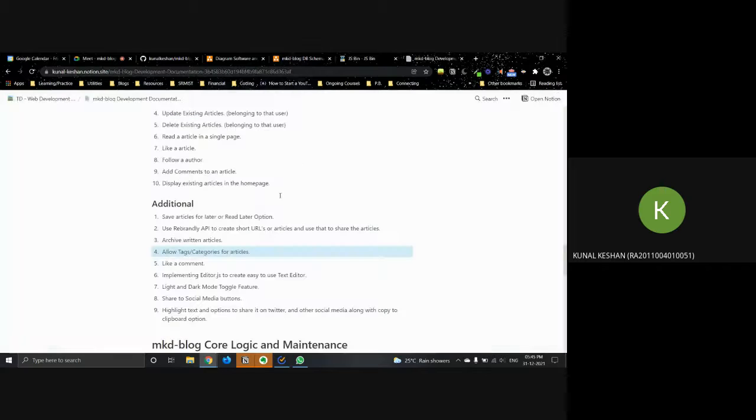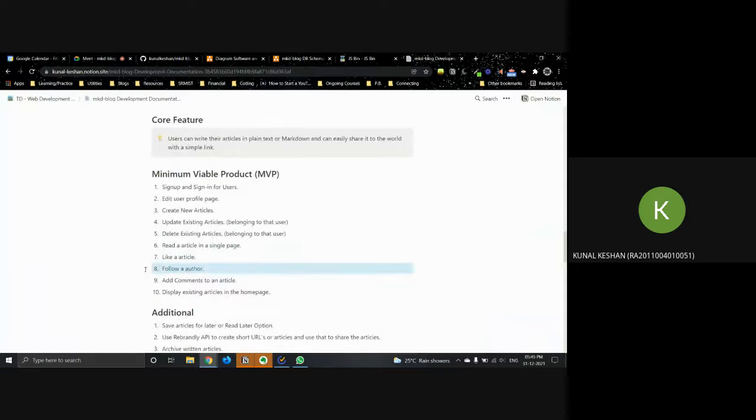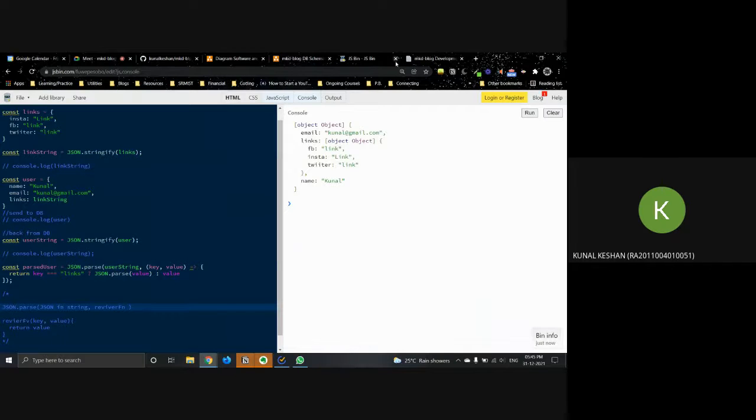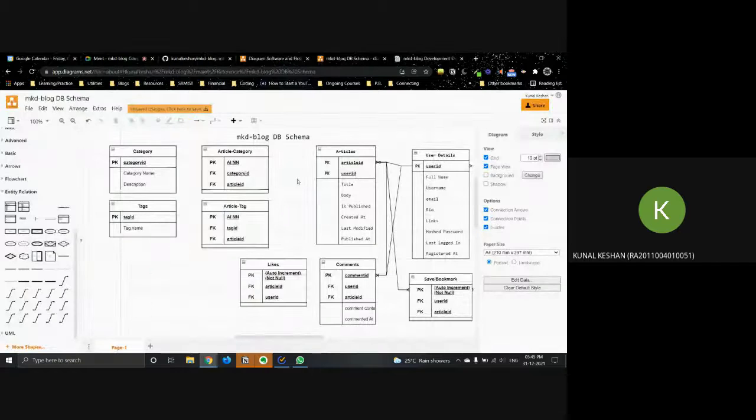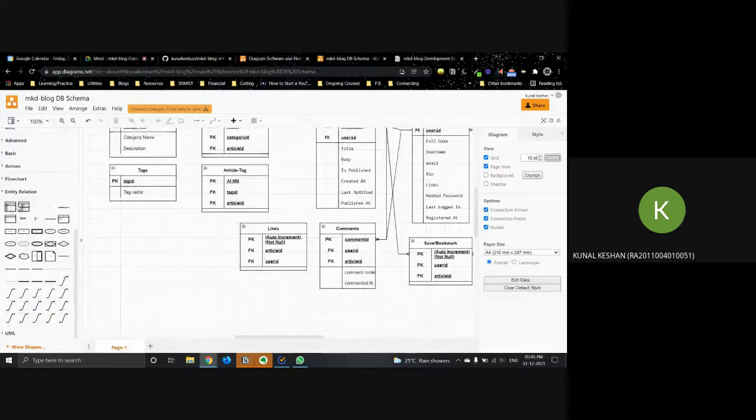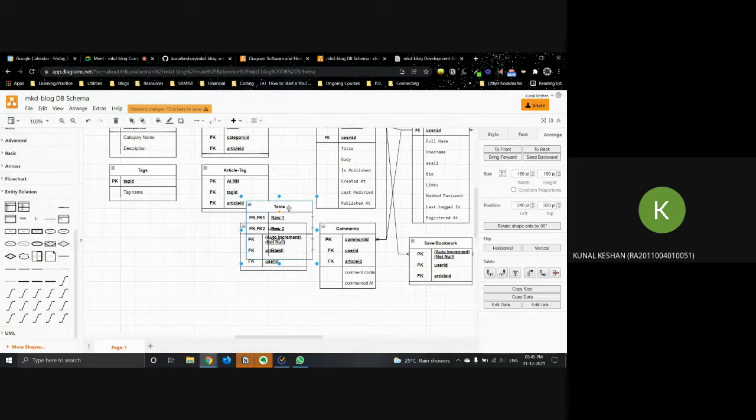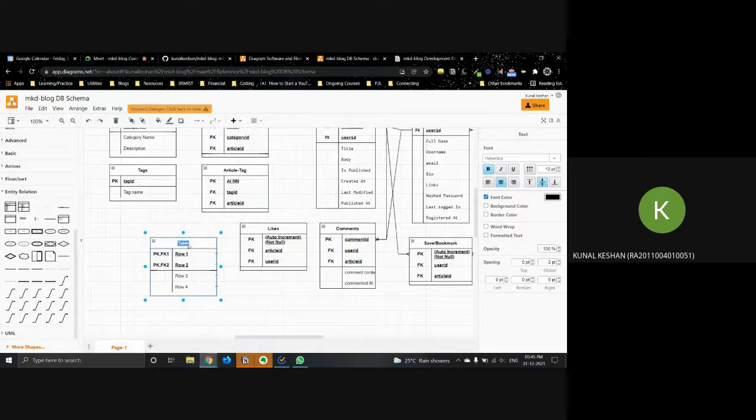Final one. This will be a bit tough to understand. I also took some time. So, follow an author. All right. In this case, how do we exactly make that table, right? So I'll have a table over here again. Follow details.